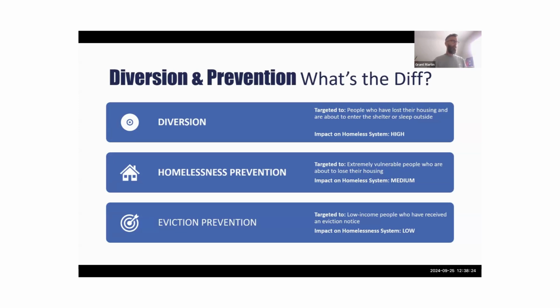This intervention would target low-income people who have received an eviction notice, but potentially don't have additional barriers or don't have any history of being homeless. But beyond the eviction notice and economic poverty, there may not be the presence of those other things that you see with the homelessness prevention audience. So, and this is why eviction programs have what we see here on the slide as a low impact on our homelessness system, is because research continues to show that the majority of extremely